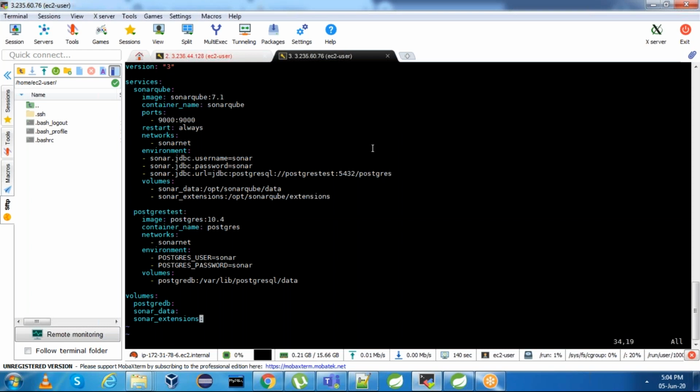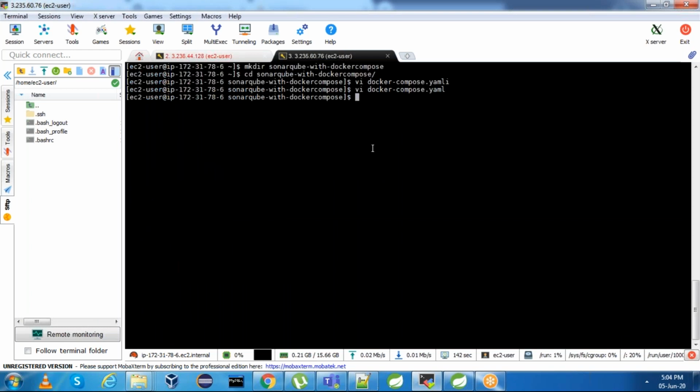Save this file. Perfect. Now what you can do is you can build this project using sudo docker compose up -d. Okay, let me do one thing.